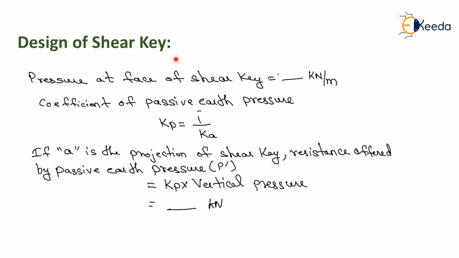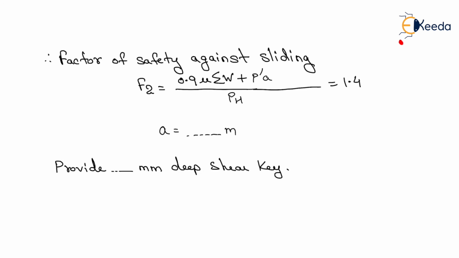Now, design of shear key. Pressure at face of shear key is calculated in kilonewton per meter. Coefficient of passive earth pressure Kp equals 1 upon K, if A is the projection of shear key. Resistance offered by passive earth pressure P dash equals Kp into vertical pressure. It is calculated in kilonewton. Now, factor of safety against sliding F2 equals 0.9 mu summation W plus P dash A upon PH equals 1.4. From this we will calculate value of A in meter, and after this provide dash mm deep shear